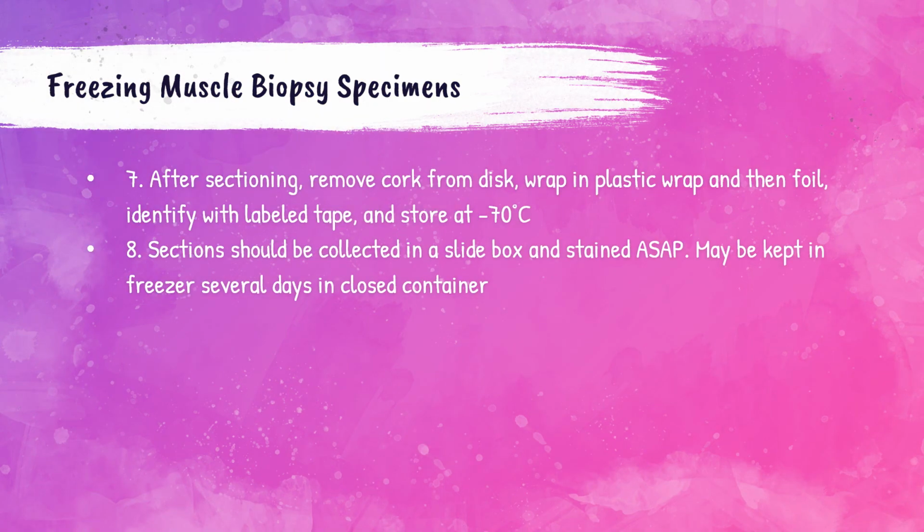After sectioning the tissue, the cork should be removed from the disc, wrapped in plastic wrap, and then in foil. It should be labeled with tape and stored at negative 70 degrees Celsius. Place the wrapped specimen in liquid nitrogen to transport it to the freezer if it's far away from the work